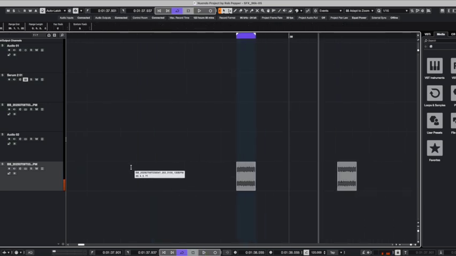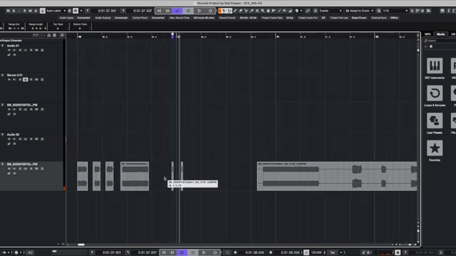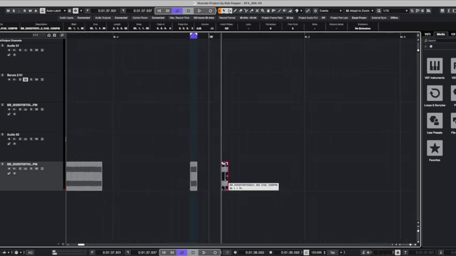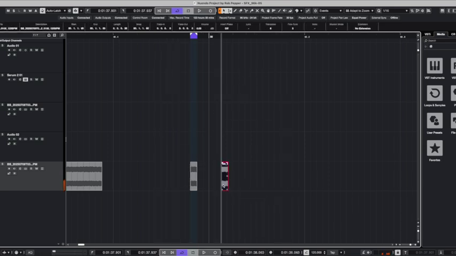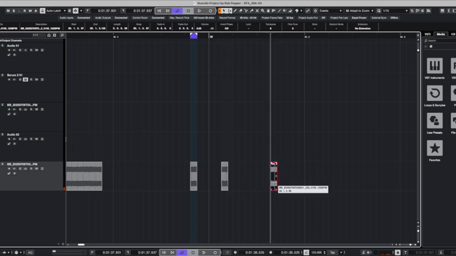Go to slip mode. I didn't think there'd be much difference, which is fine. And we could simply just transpose it up 6 semitones and see what happens. Do it again. Slip would obviously work better if you had slightly different sounds, etc. So now we have